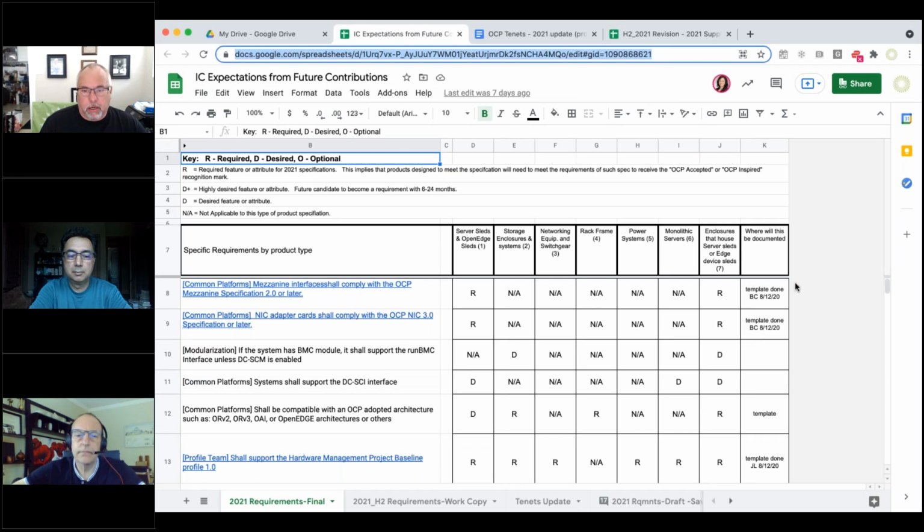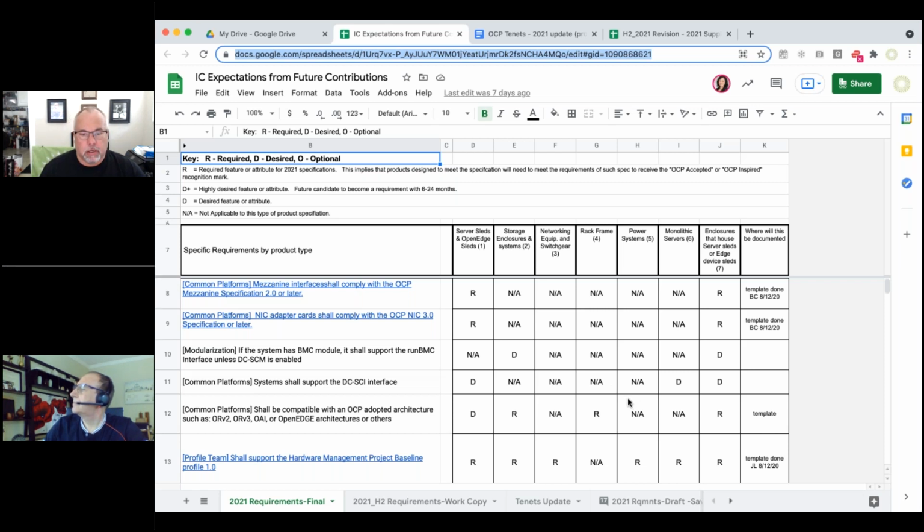We have a set of checklists that we implemented this year, and those checklists did not adequately reference this table, where the requirements are described in detail for each type of contribution, there being 7 different types defined by the Common Platforms group and later discussed by the IC.